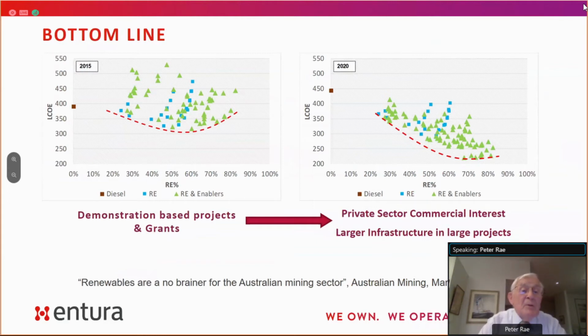So please excuse me if I'm not dealing with them in a learned way, because I've never seen the presentation before. Let's look at the bottom line from the operations, and that I think sets out